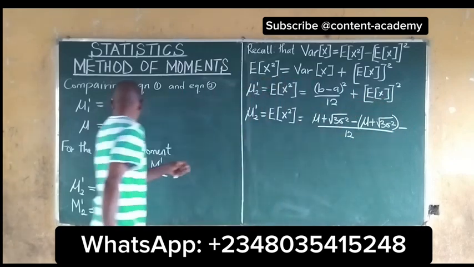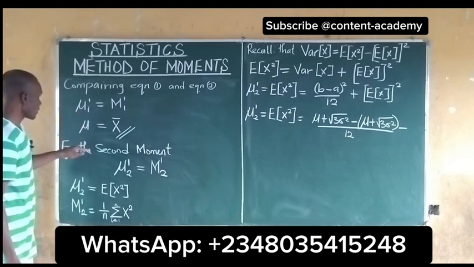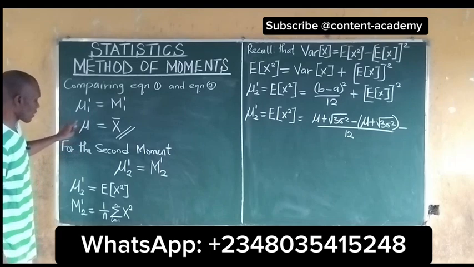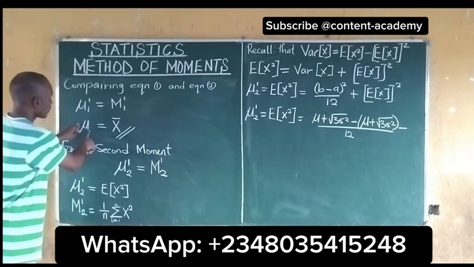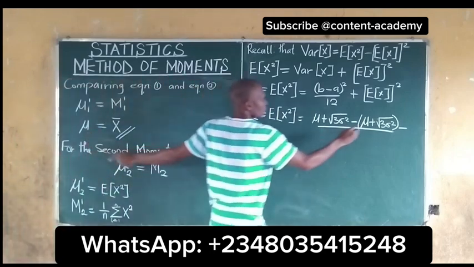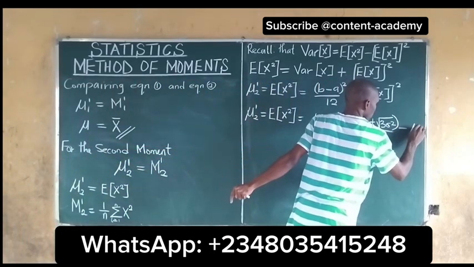We got it as mu. Our expected value of x, we got it to be mu. So we got it to be mu